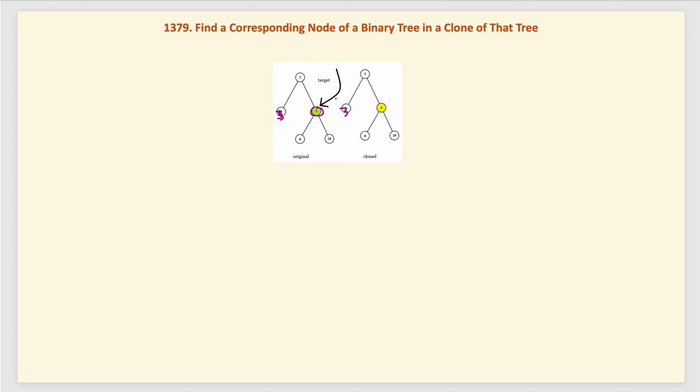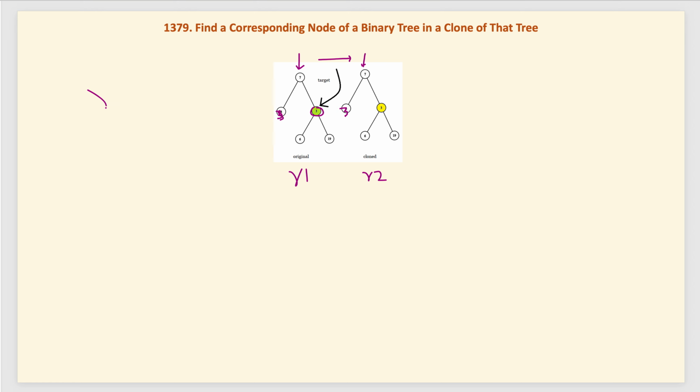Earlier, we just processed the clone tree because we knew the values were unique, but now we can't easily process by value. So, we will use either DFS or BFS, but we have to first process the original tree, and along with it follow the same steps in our clone tree, because we are comparing the reference. Let us say this is R1, root 1 for the original tree, and R2 for the clone tree, like a copy of this.